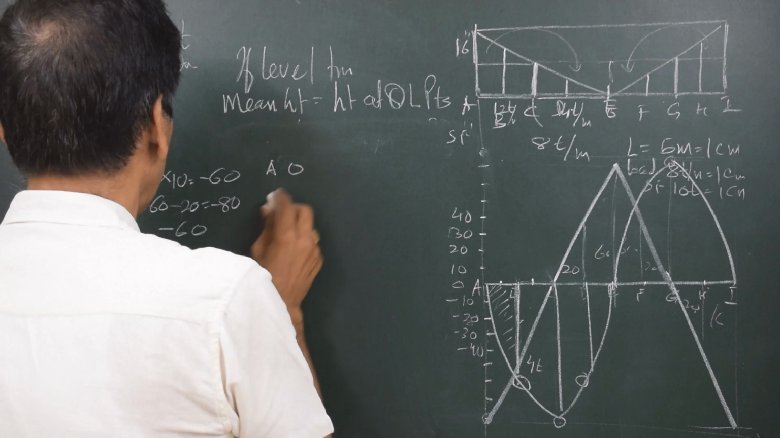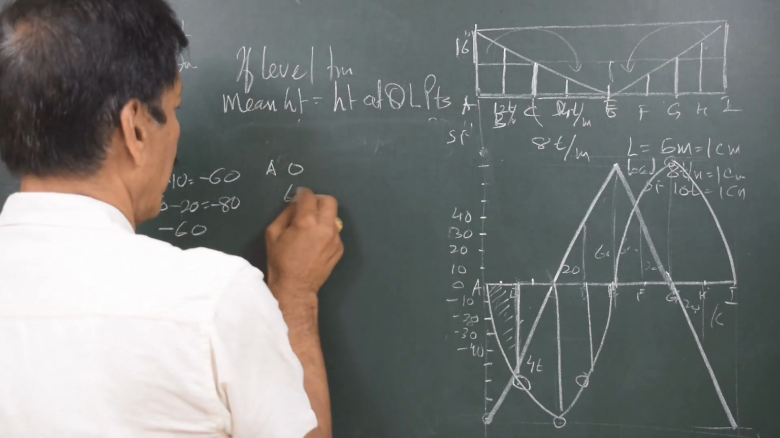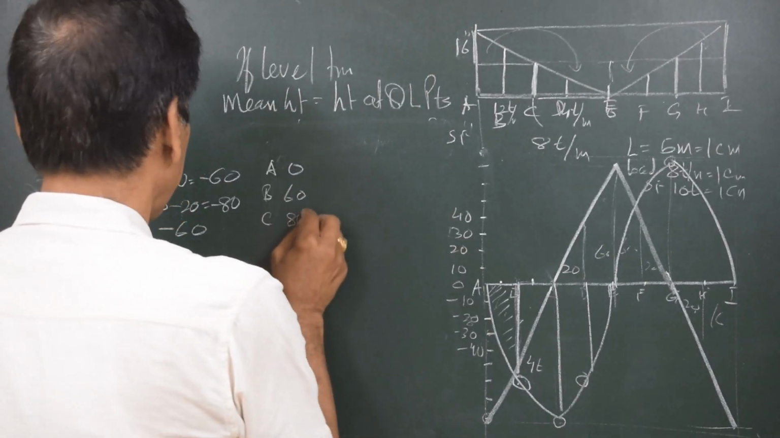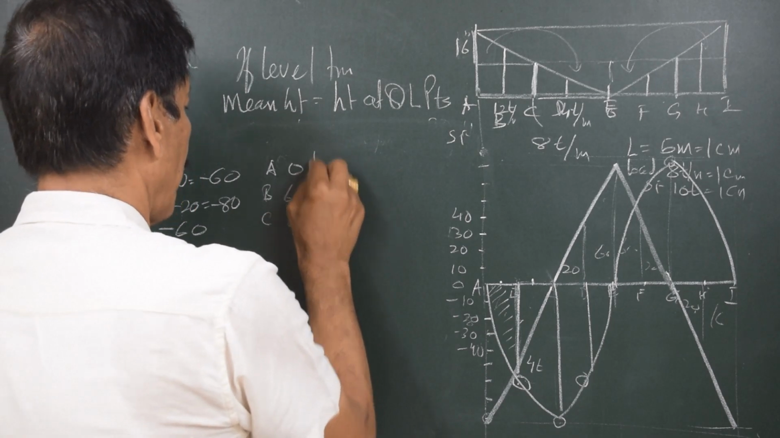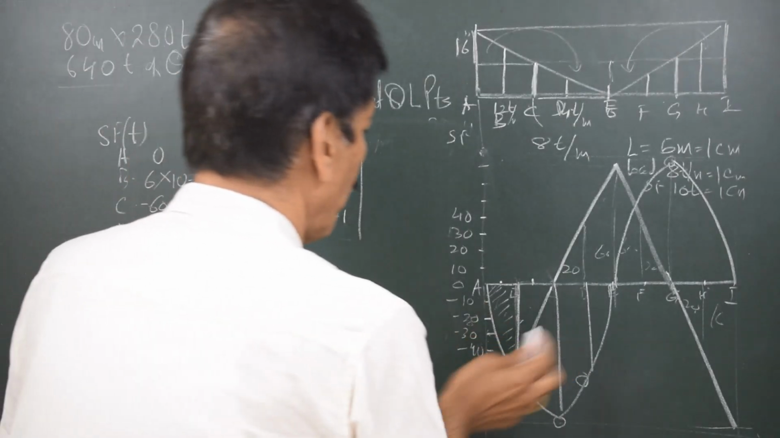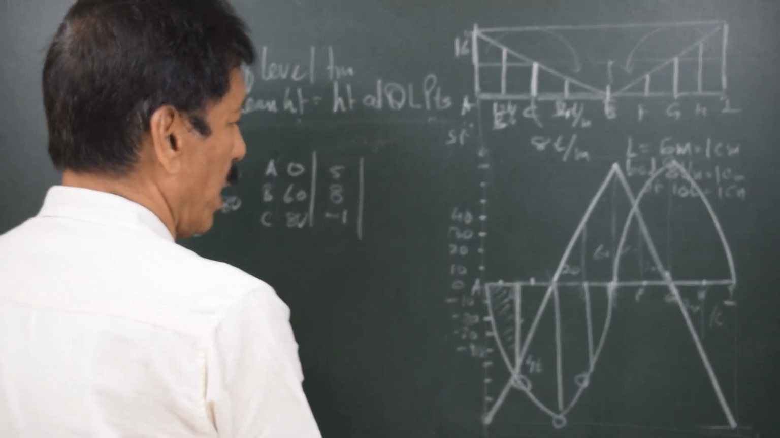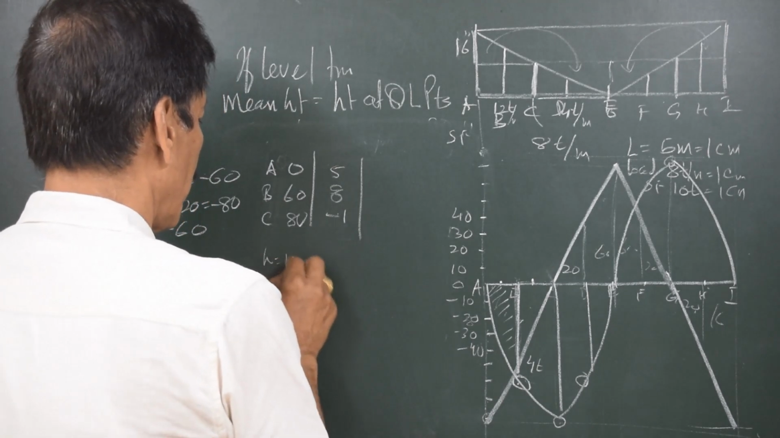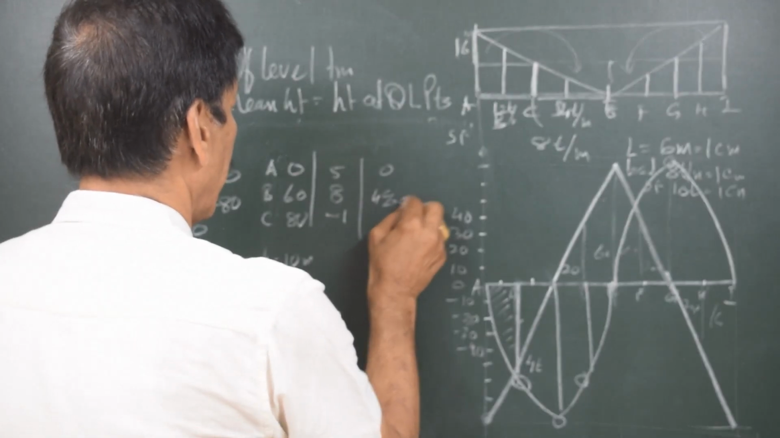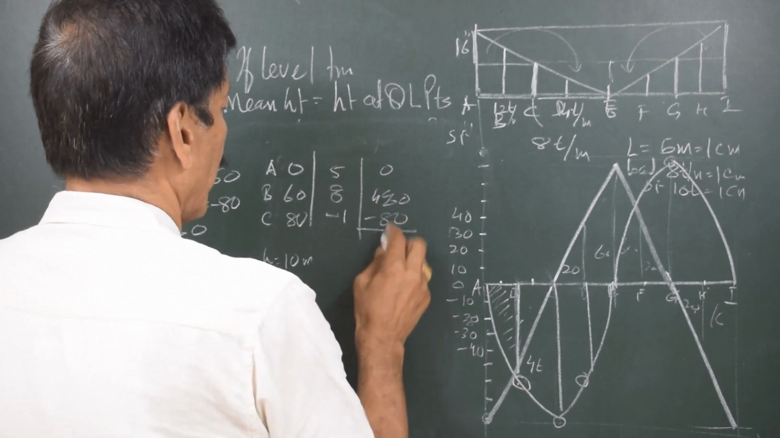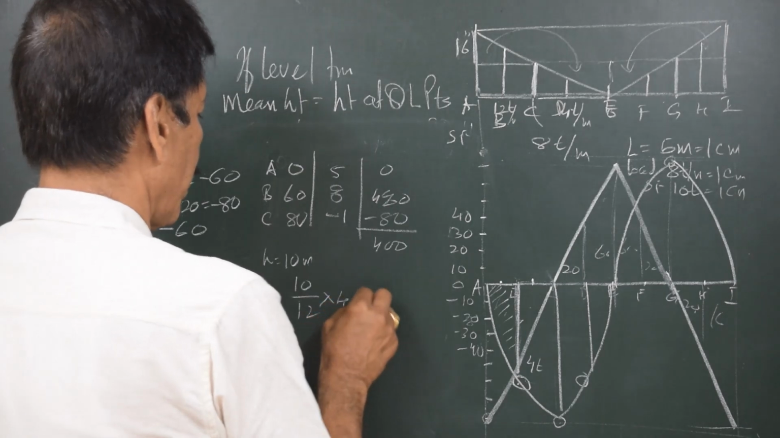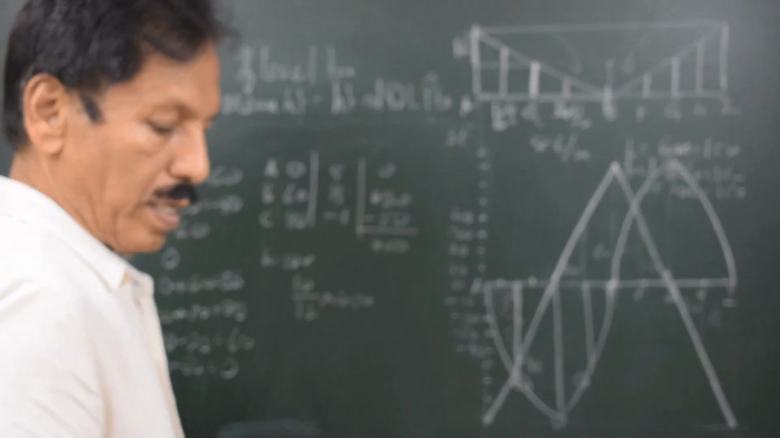At A the ordinate is 0. At B the ordinate is 60. And at C the ordinate is 80. Right? We have the multiplier as 5, 8, minus 1, and the uniform distance between the ordinates is 10 meters. So H is equal to 10 meters. 0, 480, minus 80. So that is 400. So H upon 12 into 400. That is the area under the SF curve up to